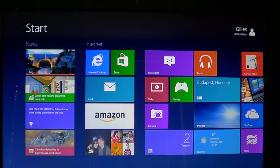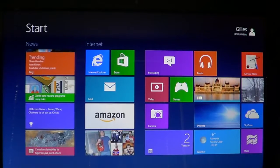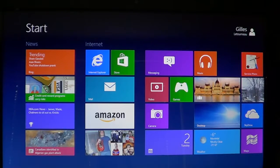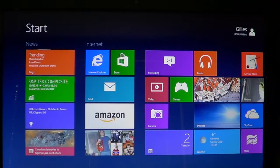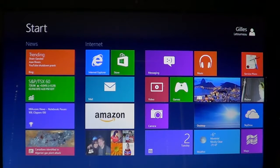Welcome to the official Windows 8 channel, and today we will talk about probably the worst thing that can happen for most new users of Windows 8. How do you know if your devices are going to work in Windows 8? That's the biggest problem. And a lot of the time when you buy a new computer,